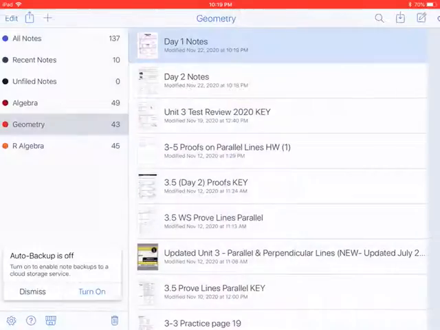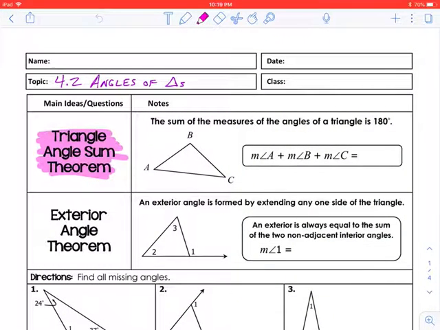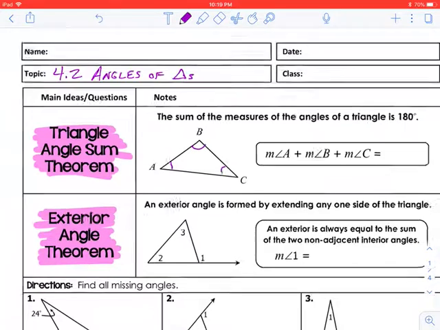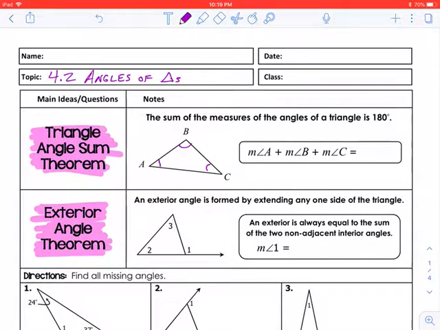Okay. And so on this one, triangle sum theorem and exterior angle theorem. This first one says the sum of the measure of the angles of a triangle is 180. So when you look at a triangle, there's always going to be 3 angles, right? So measure of angle A plus measure of angle B plus measure of angle C always equals 180. So any triangle, no matter what, the angles inside of a triangle always add up to 180. Okay? And then the second one, it says